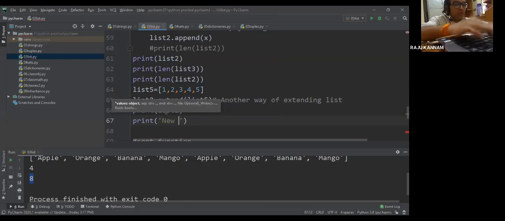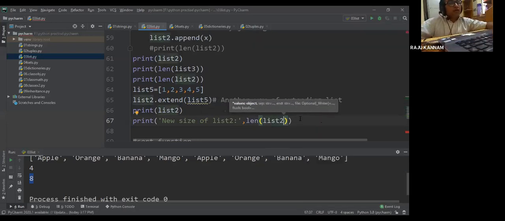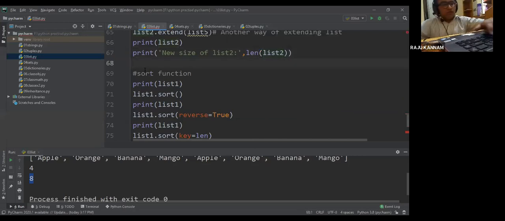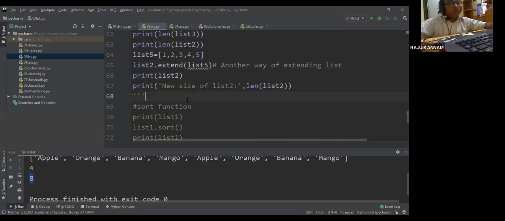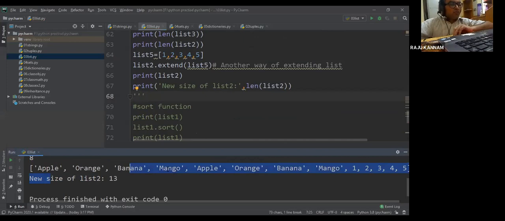Now the new size of list 2. Now if I execute, see here: apple, orange, banana, mango.